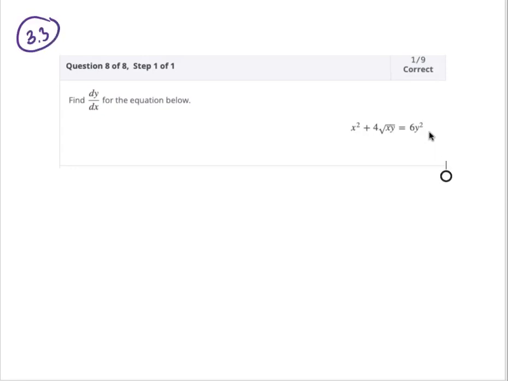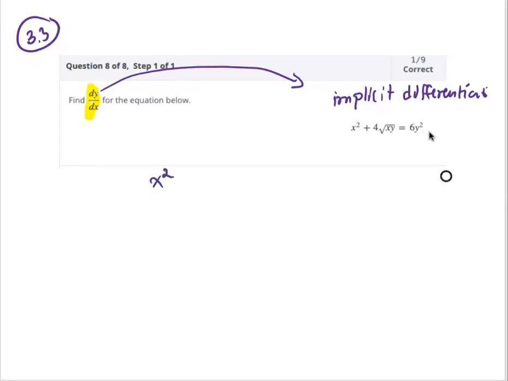So your goal is to find dy by dx, or the derivative, but this one is implicit differentiation. This one is an implicit function. So to find the derivative, we're going to use implicit differentiation. Okay, and the expression we have is x squared, I'm going to copy it again, plus 4 times the square root of x